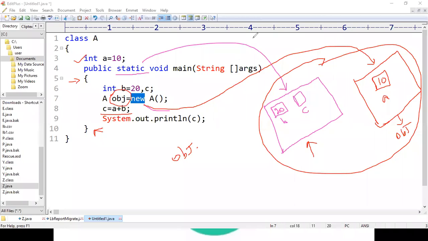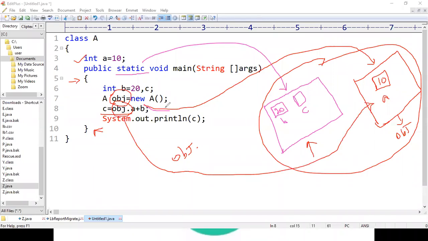So what we have to do here is replace this statement with obj dot a. Now the compiler will come to know that obj dot means it is going to look for A inside obj.